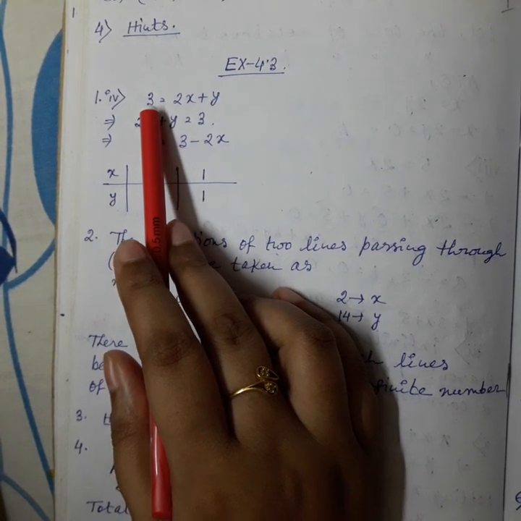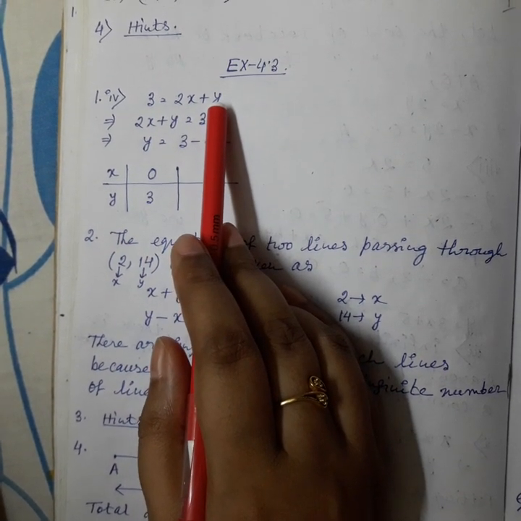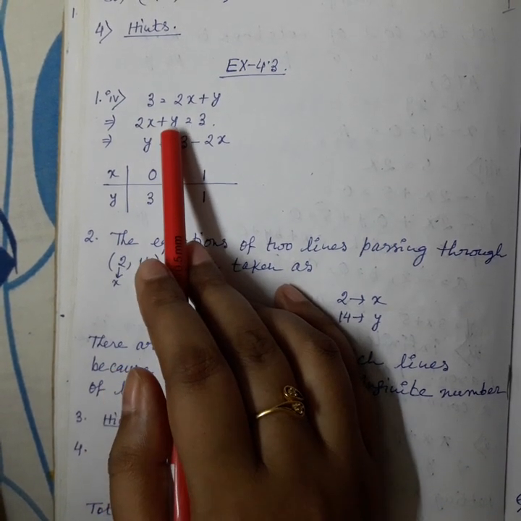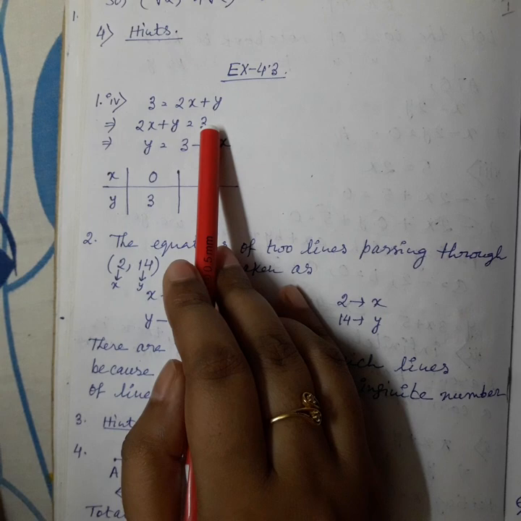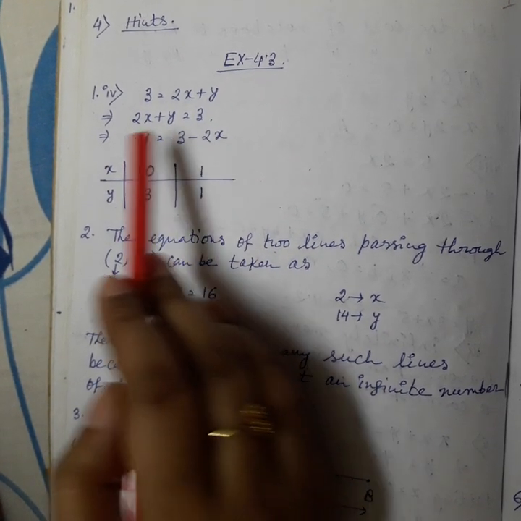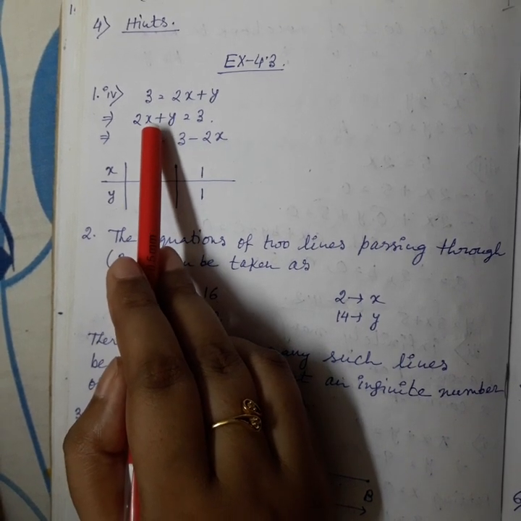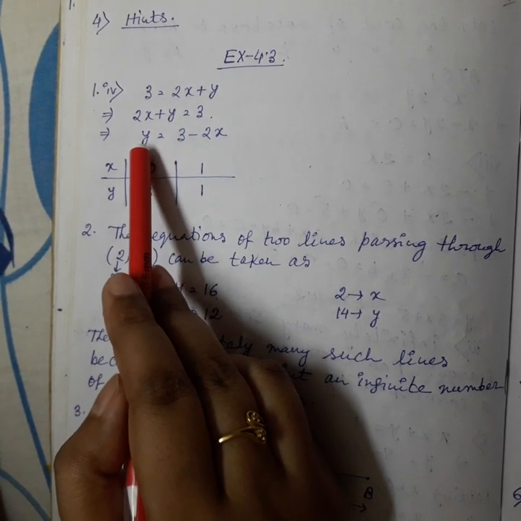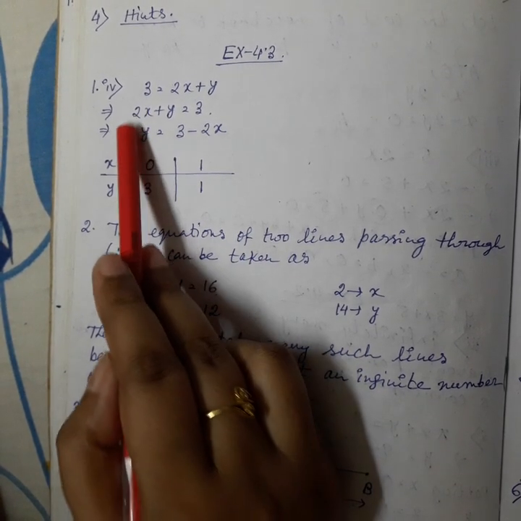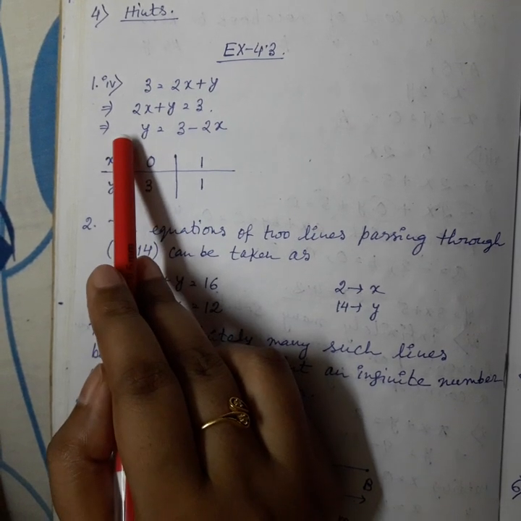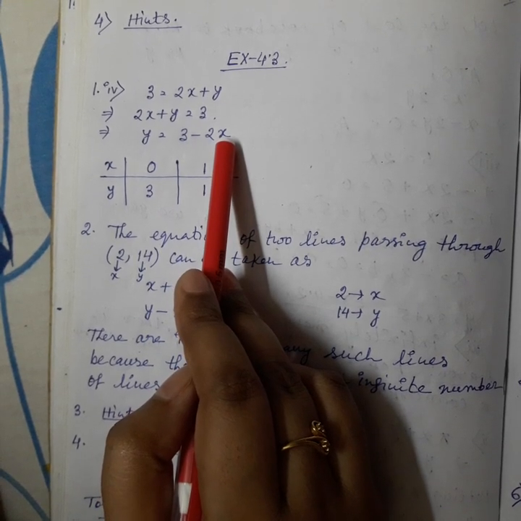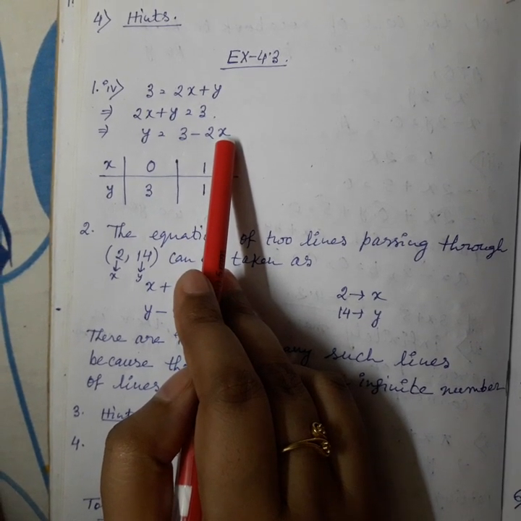The equation is given 3 equal to 2x plus y. So how we will draw the graph? First I have alternate the equation, that is 2x plus y equal to 3. We can interchange the side. Now we have done y equal to 3 minus 2x. You have to find the equation on that way such that only one variable will be in the left side and others will be on the right side. With y, there will be no coefficient. On that way you have to split the equation. So it will be easy to put the values or to get the values of x and y.